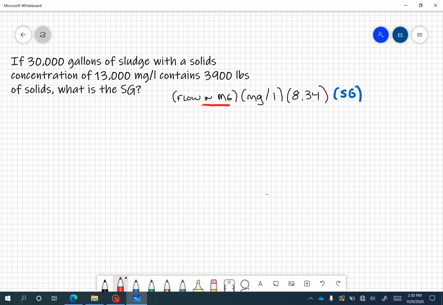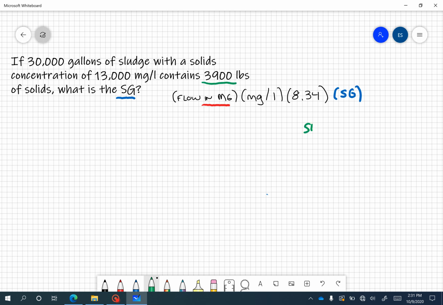So let's go ahead and take a look at our story problem. Let's look at what they're asking for. They are asking for specific gravity. So anytime I see a question asking me for specific gravity, I'm going to assume that I'm ultimately going to be comparing whatever liquid is being described to water, which has a specific gravity of 1. So just like in question number 2, what I'm going to do is calculate the number of pounds for a liquid with a specific gravity of 1. And then once I calculate that number of pounds, I can compare it to the pounds given for this unknown sludge, and dividing